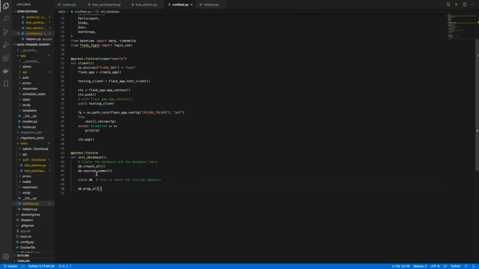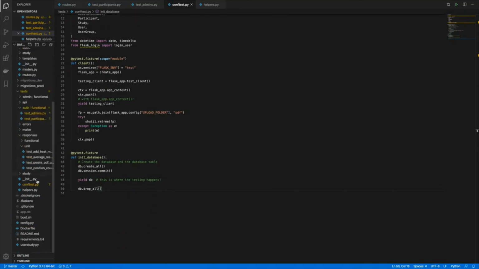So if we take a look, each module has its own folder of tests. Most of them contain mainly functional tests, but a few, such as the responses package, also contain unit tests for the parsing package. So let's take a look at some of the tests implemented and I'll discuss how they work.